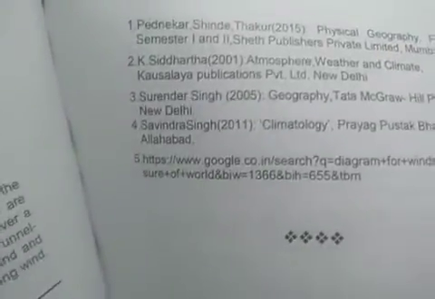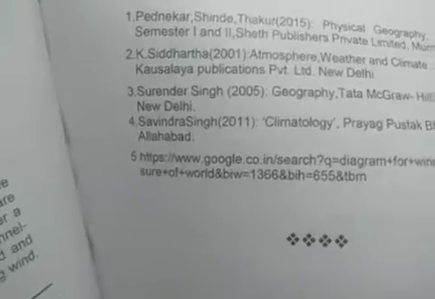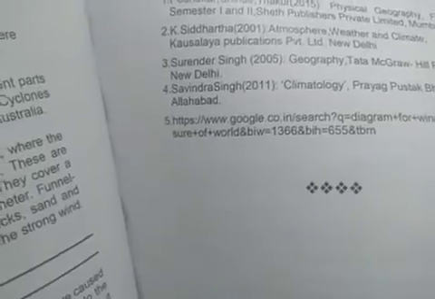Reference books. 1. Pathmakers Shinde, Chapter 2015, Physical Geography FYBA Semester 1 and 2, Research Publishers Private Limited, Mumbai. 2. K. Siddhartha, 2001, Atmosphere, Weather and Climate, Kalyani Publishers, New Delhi. 3. Surinder Singh, Geography, Tata McGraw Hill Publication, New Delhi. 4. Savindra Singh, 2001, Climatology, Prayag Pustak Bhavan, Allahabad. 5. Ajit